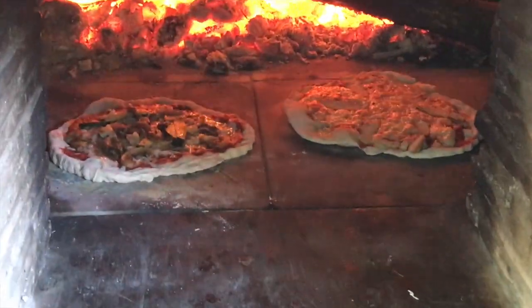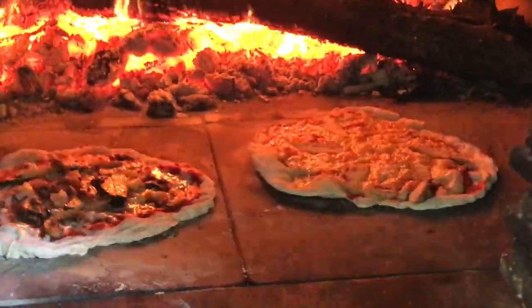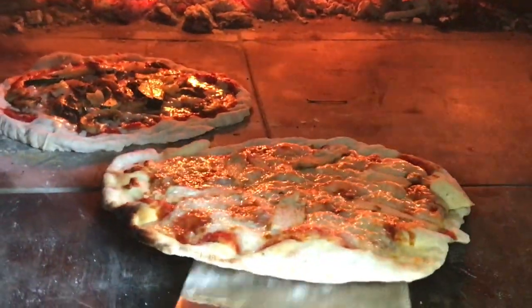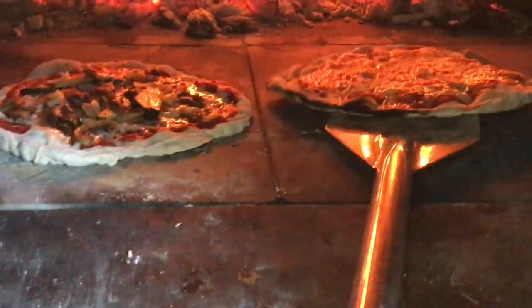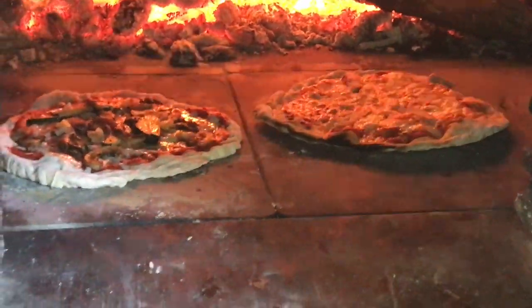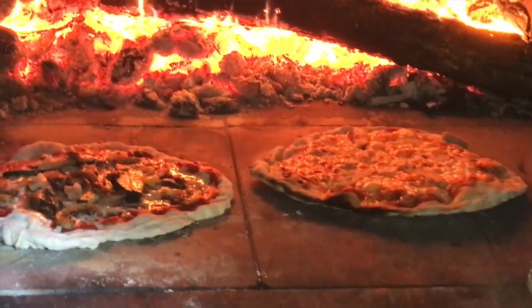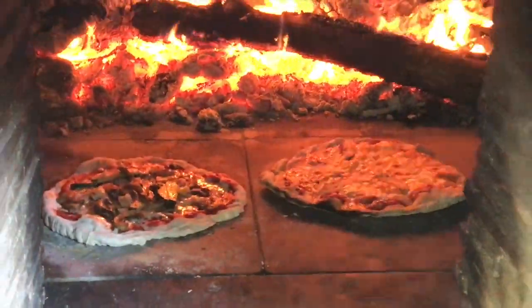Chef here, just zooming in on some of these wood-fired pizzas. Oh yeah, look at that. That's going to be good. If you want to learn more about that,